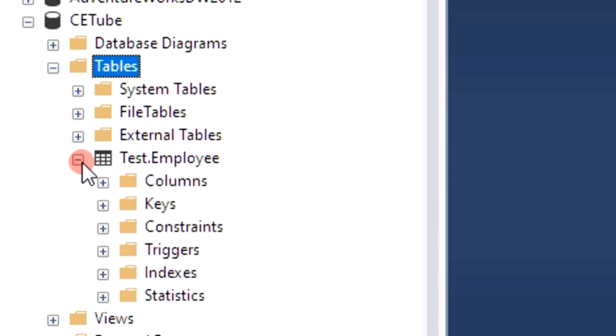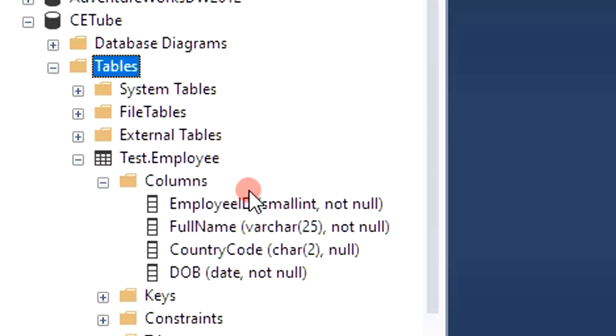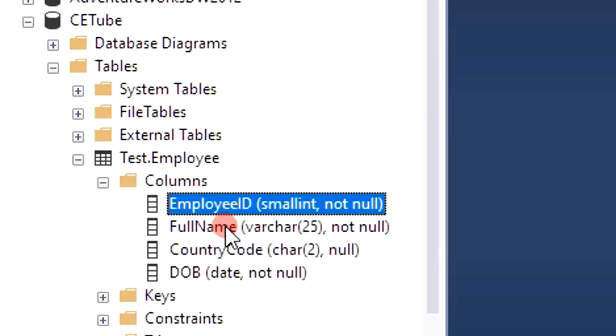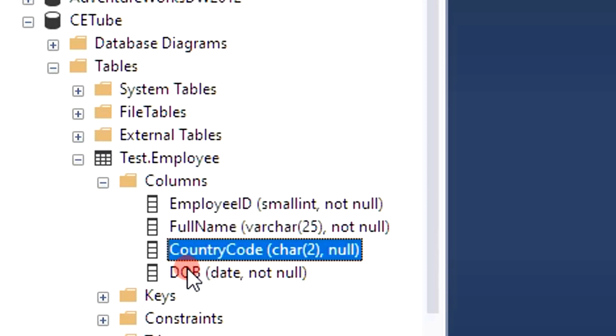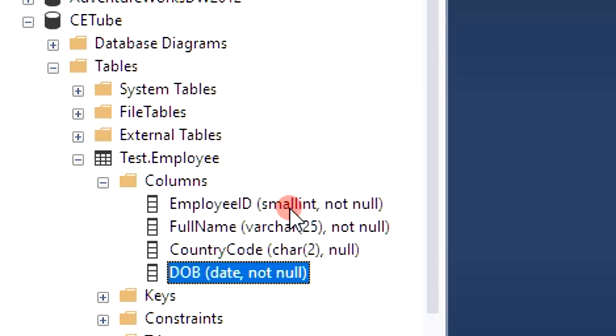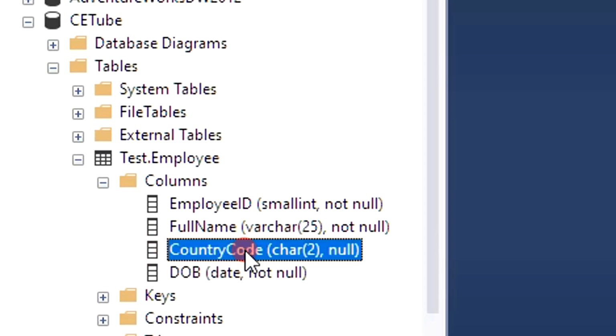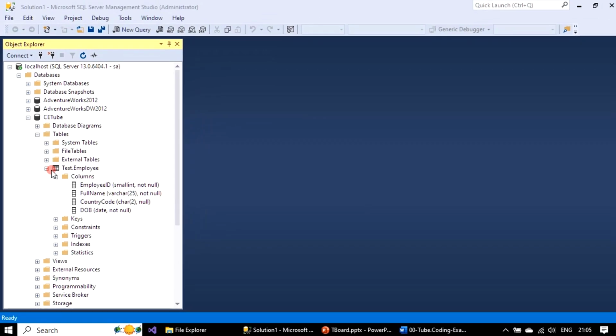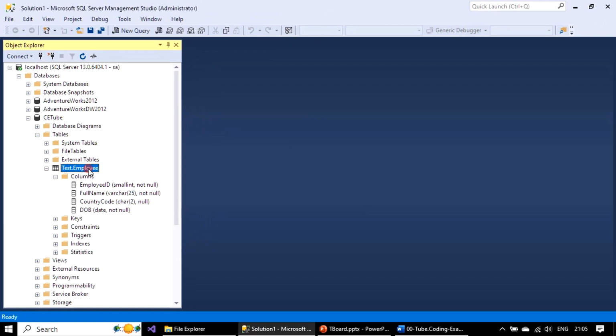And if you expand here, you can see all the column names: employee ID, full name, country code, date of birth. Here you can see the data types as well as whether a specific column allows null or not. So by looking at the definition here, we can say country code column allows null and all 3 other columns are mandatory. Now we can also generate a